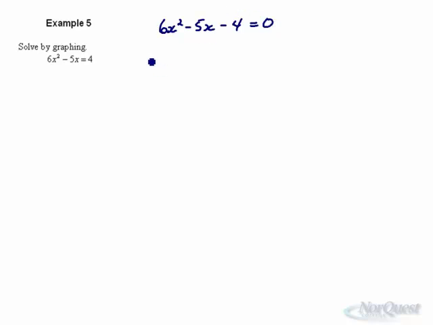Now what I'm going to do is show you how to put this in your calculator. So what we're going to enter in our calculator under y1 is 6x squared minus 5x minus 4. And what we're going to determine is the zeros. And I'm going to give you all the different terms. Solutions